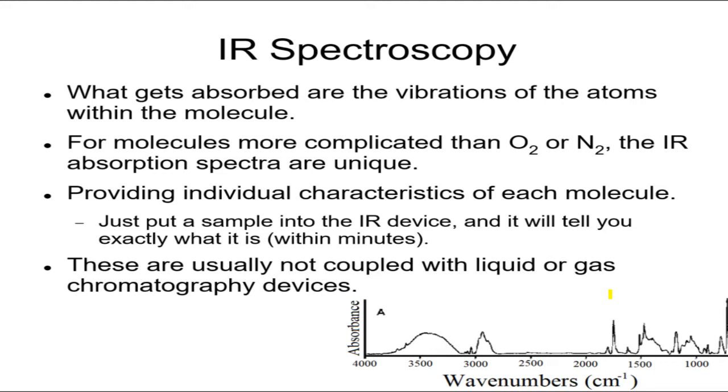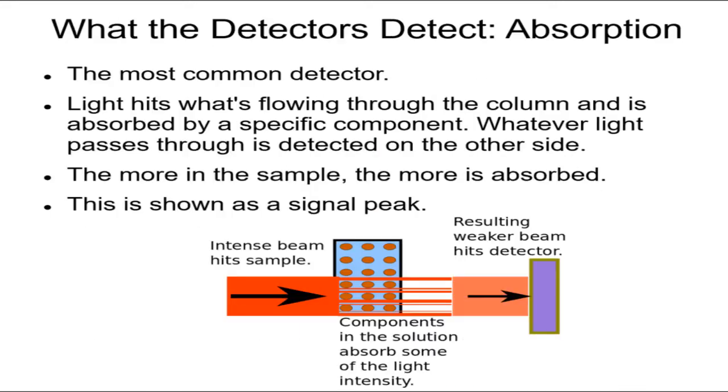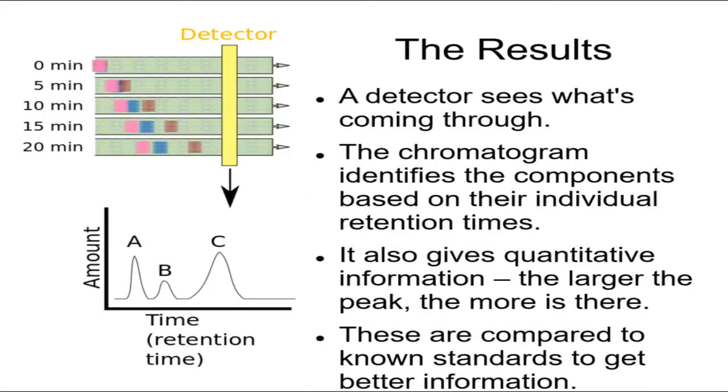It might be gasoline. It might be fentanyl. I don't know. Whatever it is, we are getting this information from this chromatogram. Let's take a look at this. We know it's absorbing, so we know that it's coming through. But at the same time, we get the signal. It feeds into the